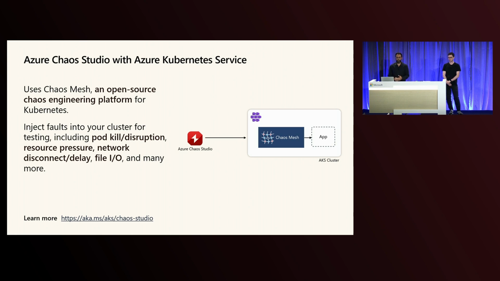So think of it as restarting some of the pods in your cluster randomly, causing resource pressure, like intentionally running the cluster out of CPU or out of memory, causing network disconnects, causing file I/O errors, even affecting the cluster nodes themselves, so restarting entire nodes or taking out availability zones. So you can really go to town with that and really mess up the cluster in ways and see how